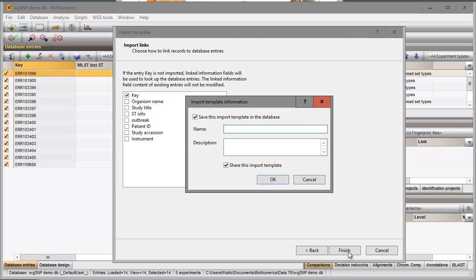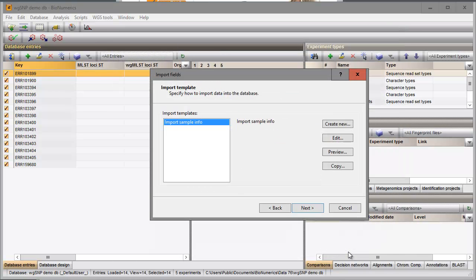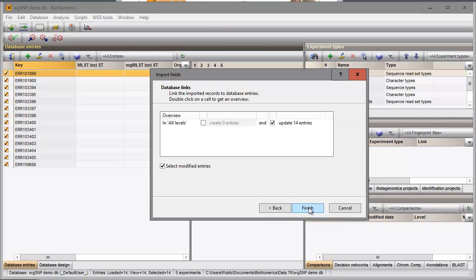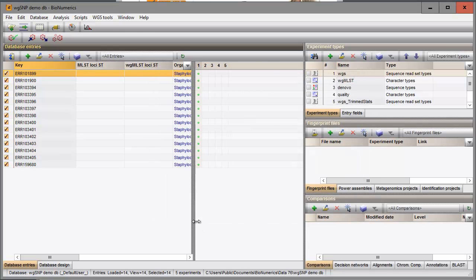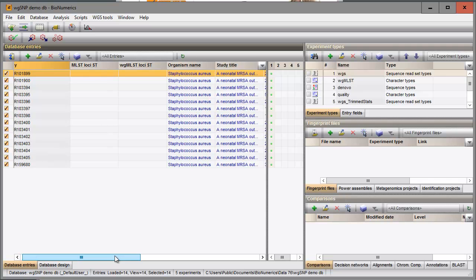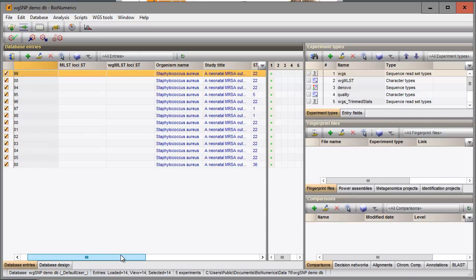I provide a template name for future imports and press Finish to import the data in my database. The Database Entries panel is updated.